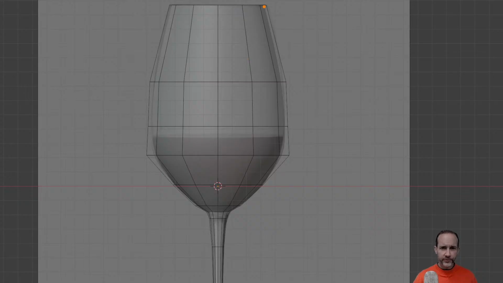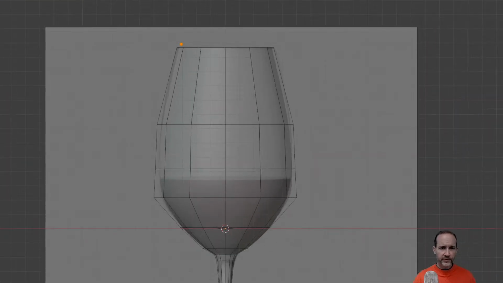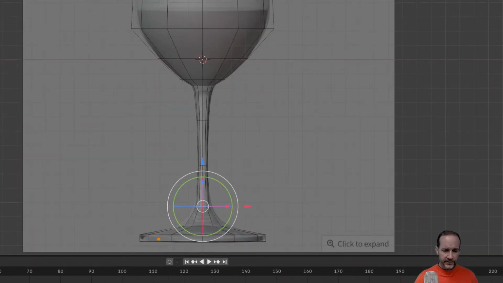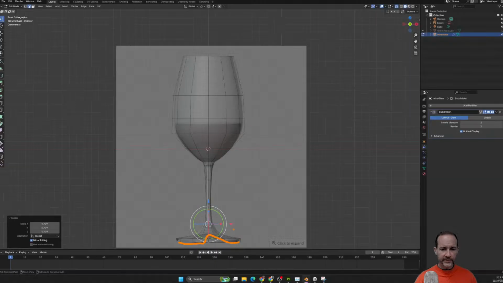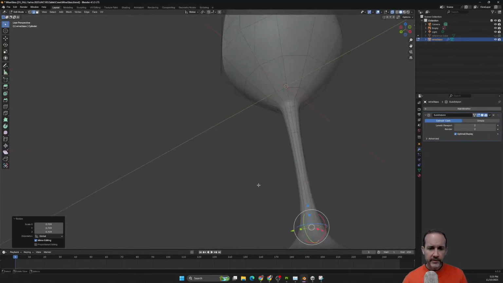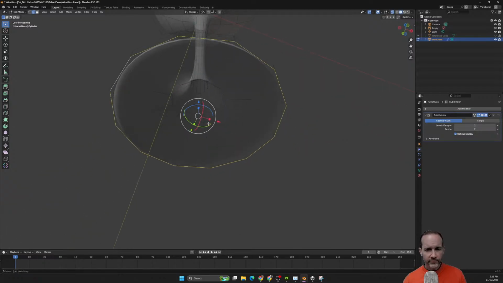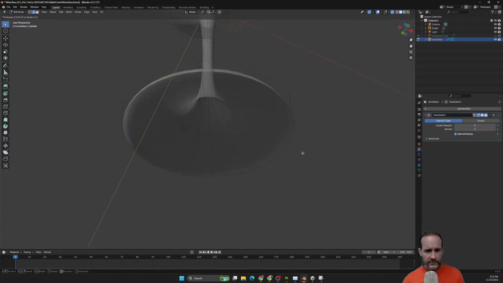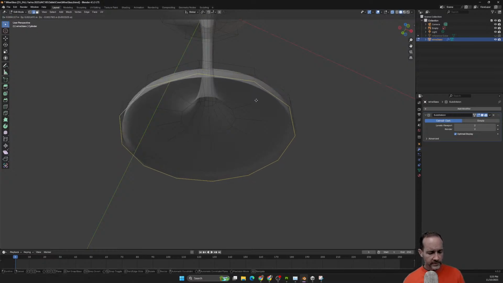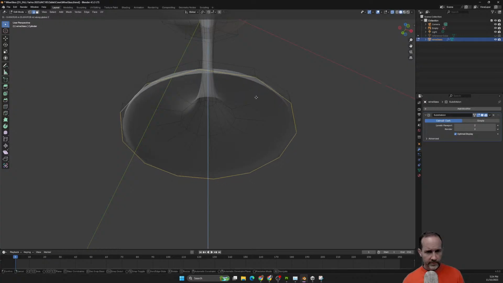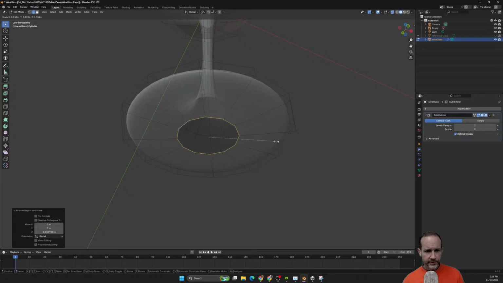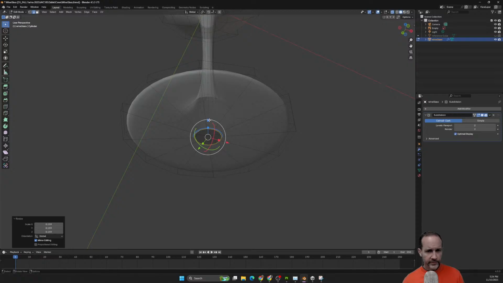And so we want to be able to extrude and have this inner part. And so we need to create a double wall that only goes this far up and in. And then in here, we need to have this part that comes like kind of up and in like this. So let's do the bottom one first. And so in here, if we grab this one and we inset, nope, that's not going to work. If we extrude Z and then we scale, that'll bring this in. And we can move either